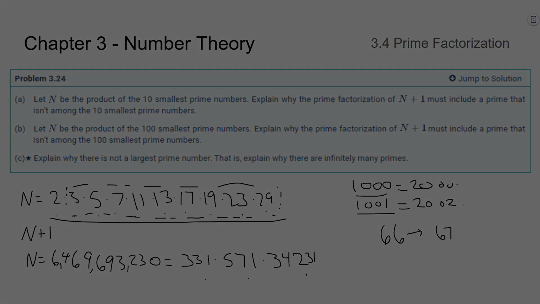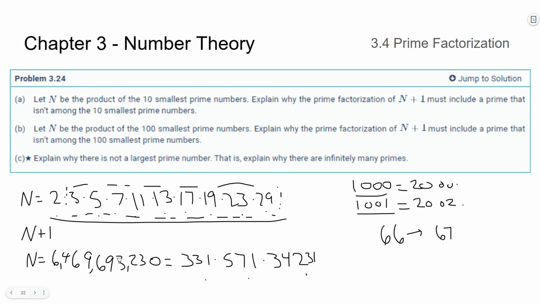And in case you're curious about that, I'm not going to write out this number, because if you can imagine, if the product of the first 10 primes was 6 billion, you could probably imagine how big the number would be for the first 100 primes. But in case you were curious, it would be